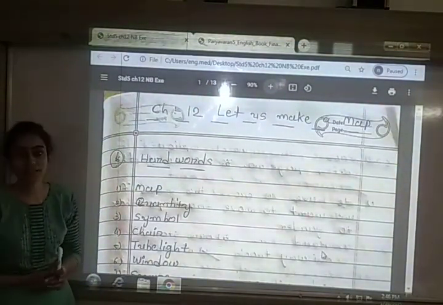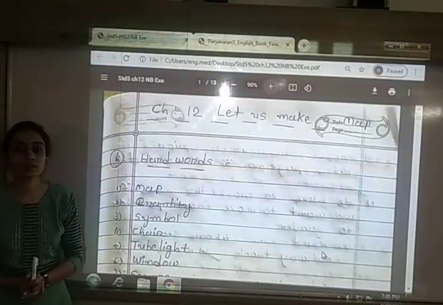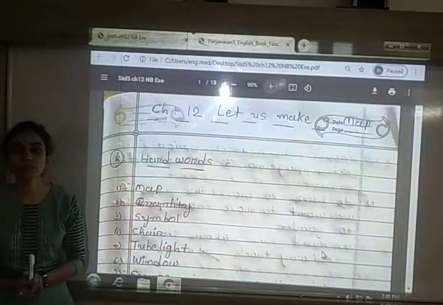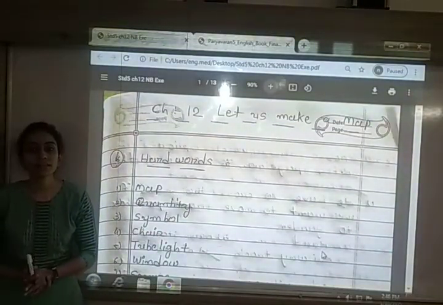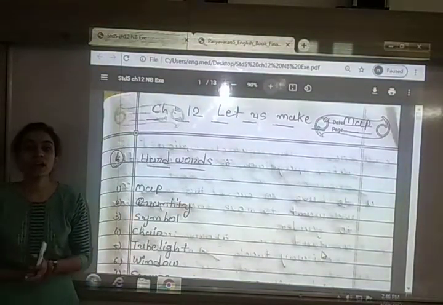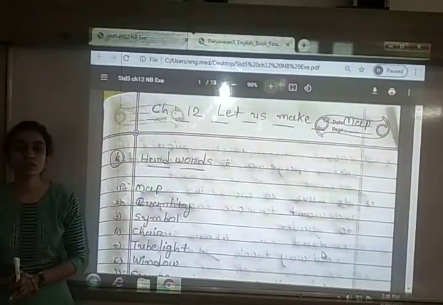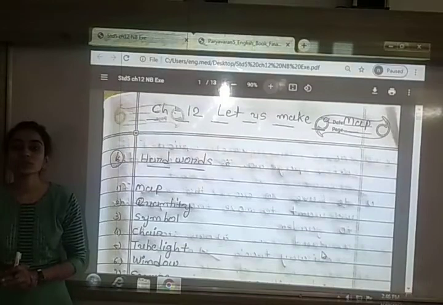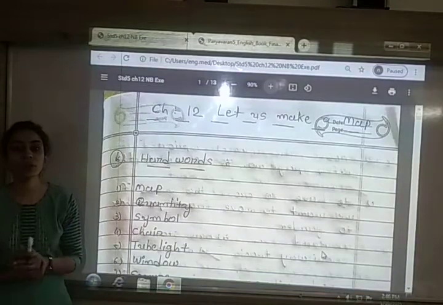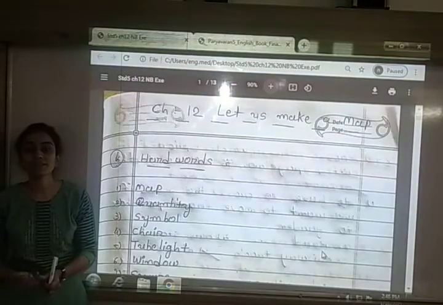Before starting those exercises, let me recall what we had seen in the previous video of this chapter. In the chapter explanation, we had seen how we can represent any object by simple symbols, how we can represent the object with different symbols, and also how we can represent the position of these different objects in a given place. In that we had drawn the map of our classroom and our school, and we had also shown the position of different objects like different offices, chair, table, benches, etc.